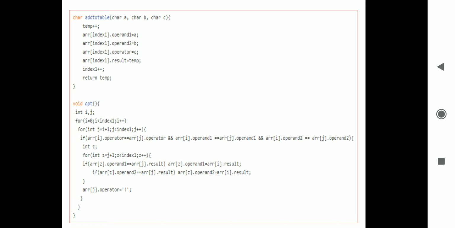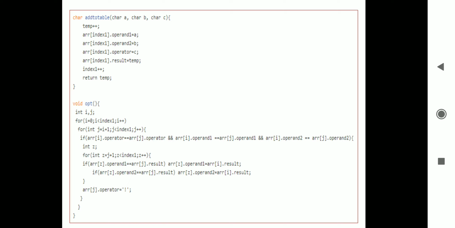So how are we going to do the optimization? We perform the optimization by using two loops, the i loop and the j loop. If the left child, right child and operator of both are the same, that is, array of i operator is equal to array of j operator, with index i plus j.